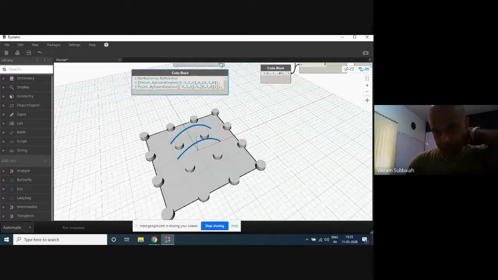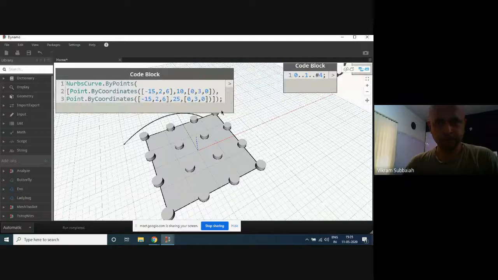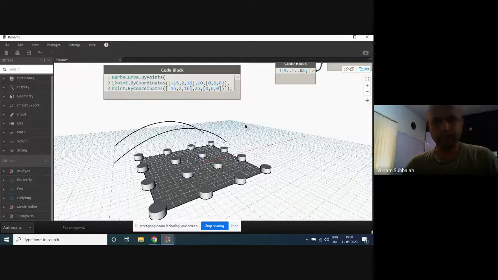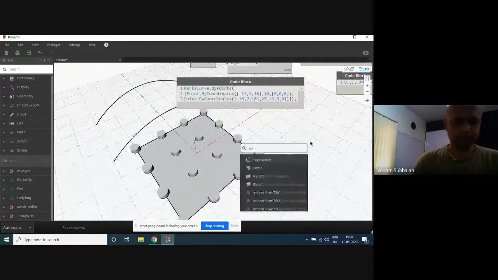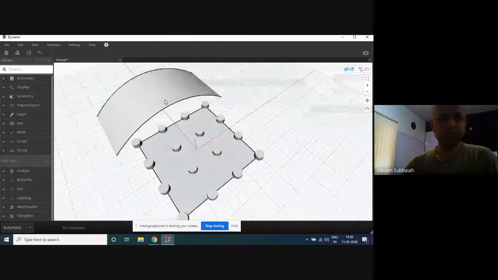I'm creating just 2 points basically. Okay, so I've created one curved surface and I've got this surface.